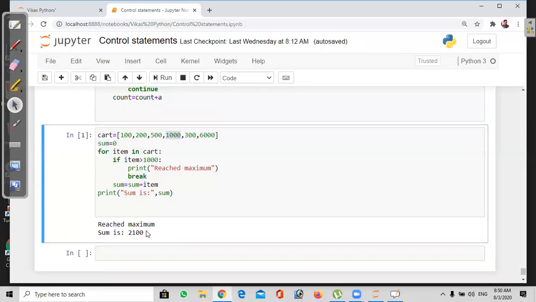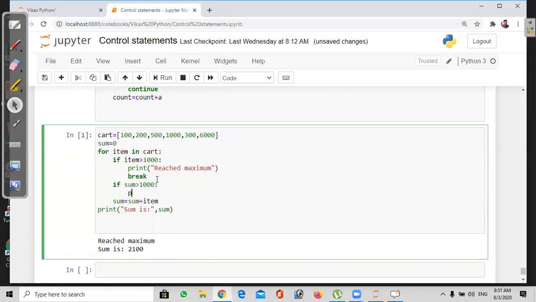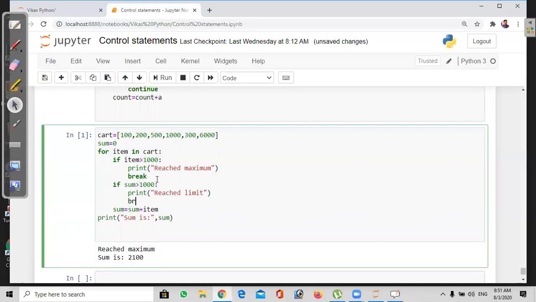But whenever the sum is greater than 1000, you have to check with that too. So inside of the loop also we can check with that condition, reached maximum. If sum greater than 1000, it needs to print reached limit, you can apply break.